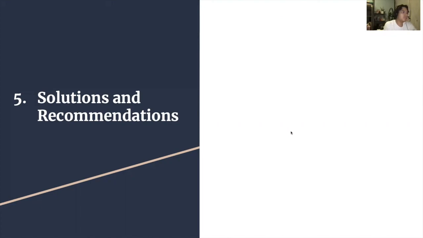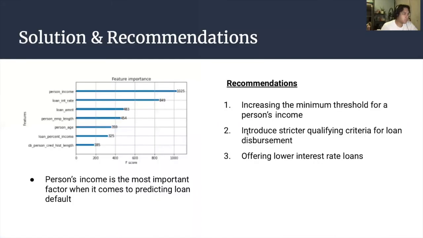So let me elaborate more about the solutions and recommendations for the data set. So we did a feature importance from the variables, and we are able to see that the person's income is the most important factor when predicting the loan default. So having this in consideration, we propose the following recommendations. Increasing the minimum threshold for personal income can be considered as a step to reduce the likelihood of defaults, as firstly, this variable is the most important factor,